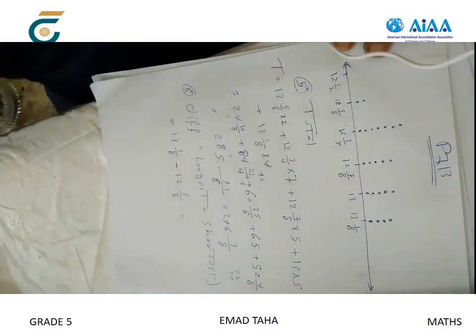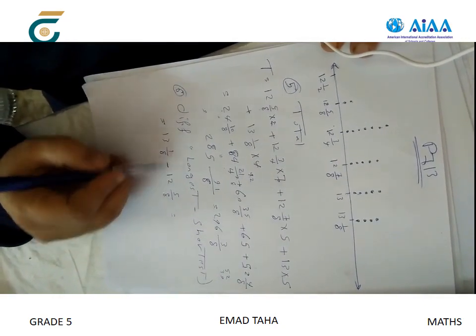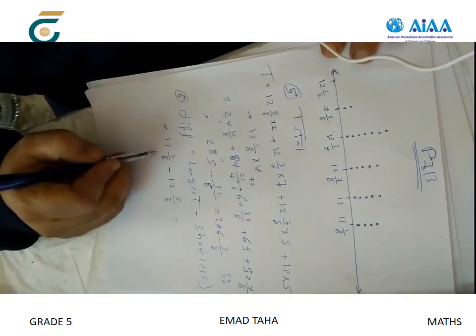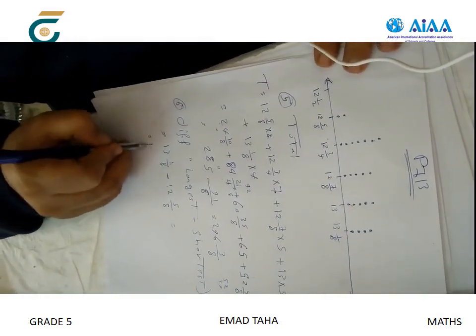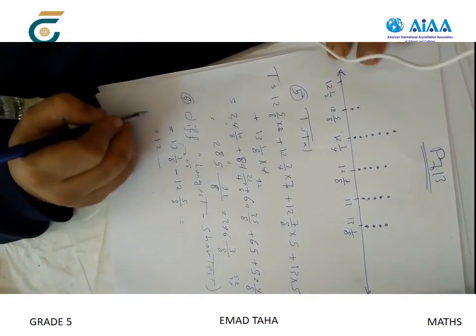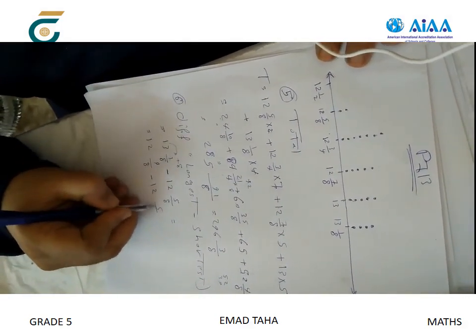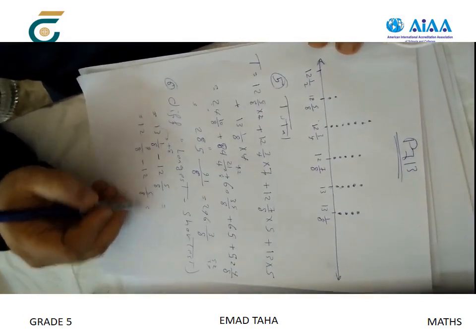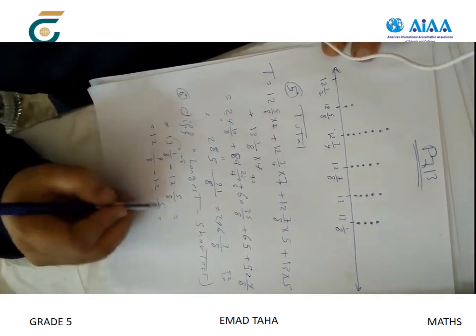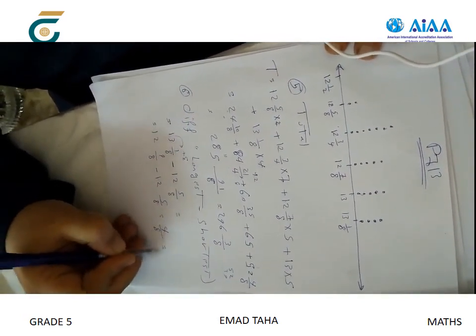Okay, we can't subtract 1 minus 5. So we take 1 from 13, it will be 12, and we add 1 as 8/8 to make it 9/8, minus 12 and 5/8. We cancel 12, and then 9/8 minus 5/8 equals 4/8, or equals